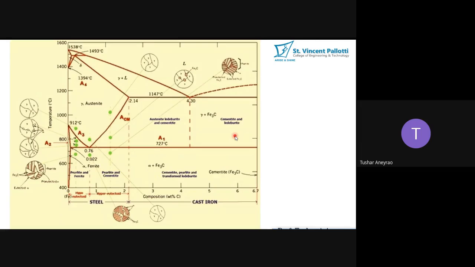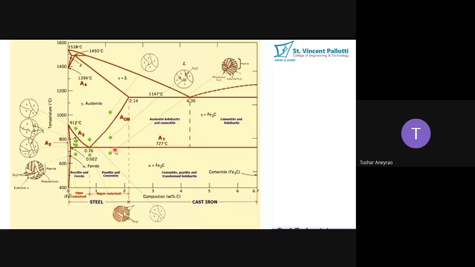Okay, so these phases you can see here, the delta phase is there in this small region. Delta is written over here, so this is the delta phase. Then austenite is in this particular area which is enclosed by this line through which I am moving the pointer now. These lines are called austenite. Here the austenite is present in this region.